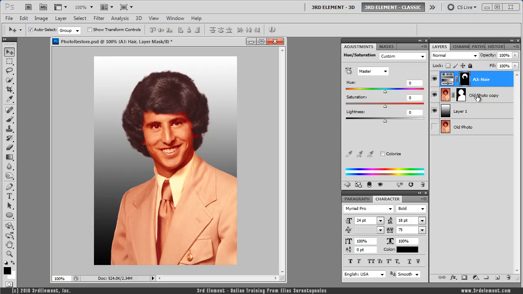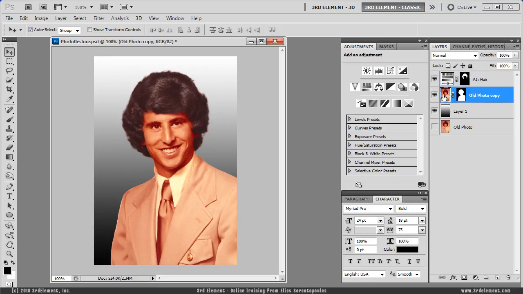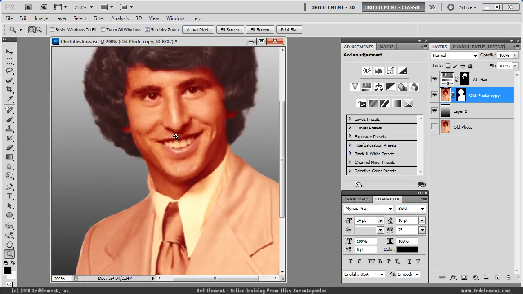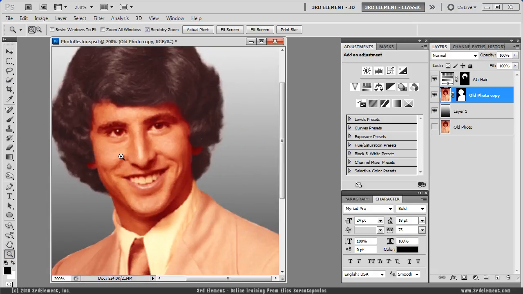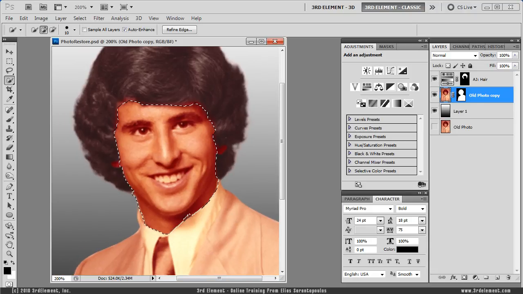Okay, just to remember what we're doing. Click on the layer thumbnail here, zoom in, quick selection, click and drag, and get a general selection. Alright, now back to adjustments, create a new hue saturation adjustment layer,